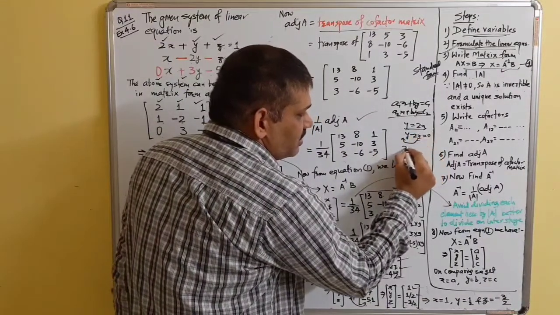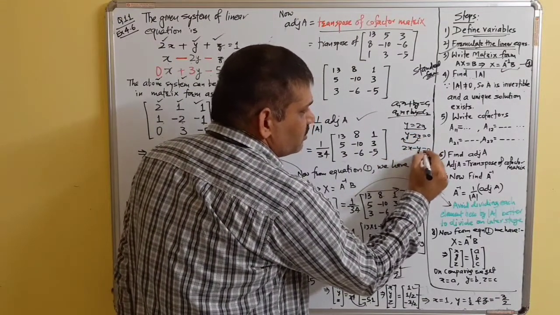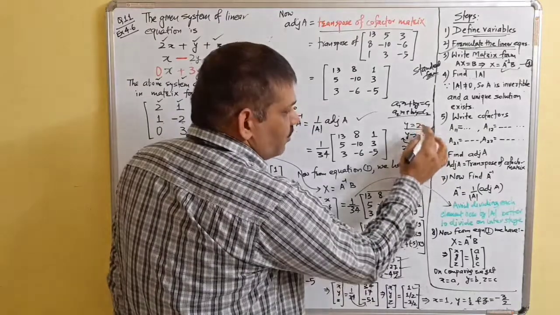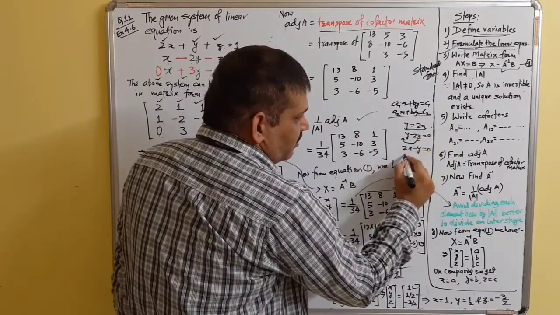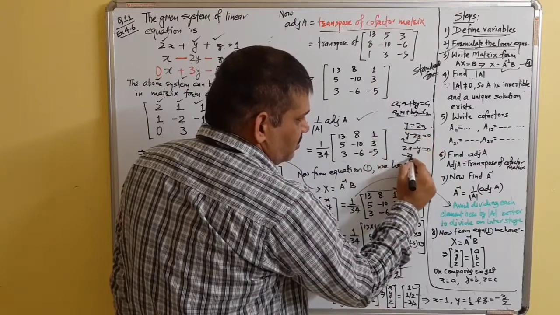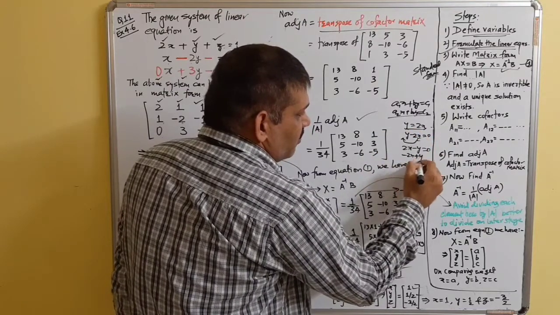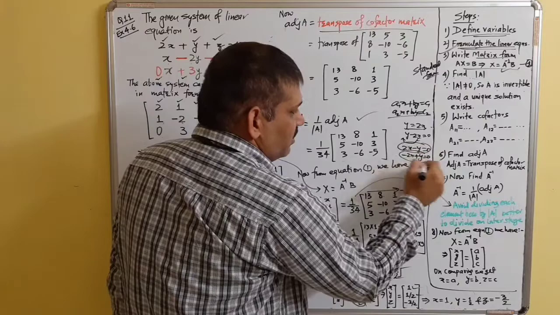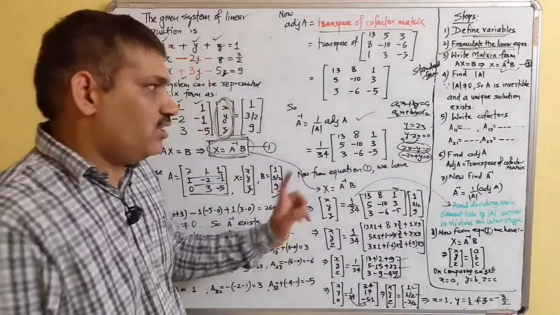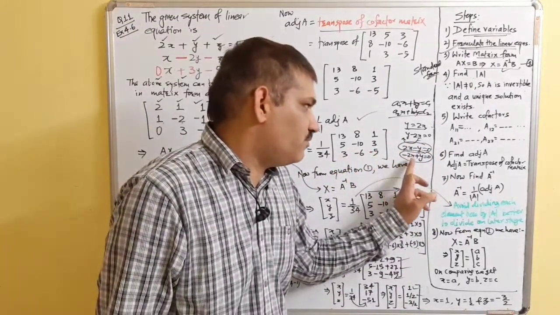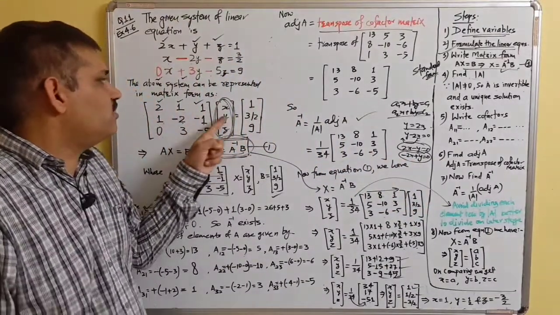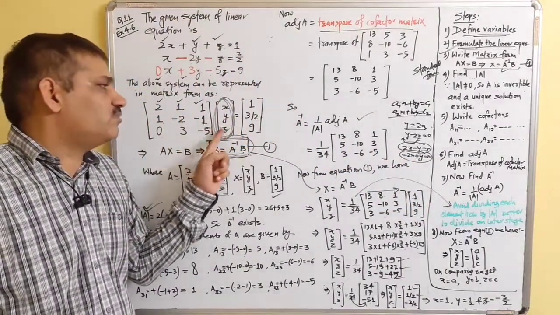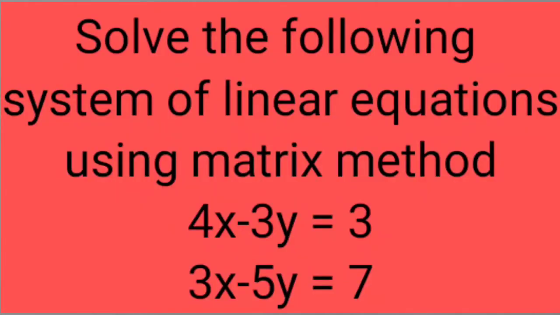So this will be written as either 2x minus y is equal to 0, or if you transpose y to that side and x to this side, minus 2x plus y is equal to 0. That is the same thing, but we must take care that the first coefficient is of the first variable, the second coefficient is of the second variable, and the third must be of the third.